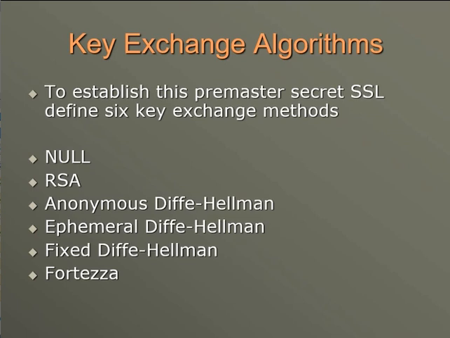In this, each party sends a Diffie-Hellman key signed by its private key. So the receiving party needs to verify the signature by using the public key of the sender. And the public keys for verification are exchanged using either RSA or DSS digital signature certificates. So here, in case of ephemeral Diffie-Hellman, as the messages are signed by the sender and verified by the receiver, it is not possible for the intruder to attempt the man-in-the-middle attack.